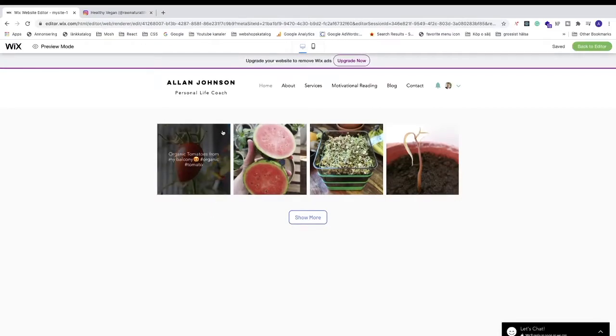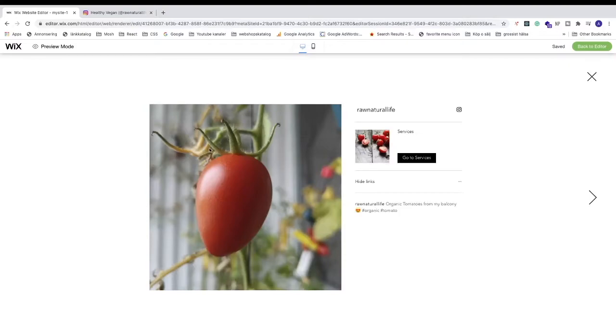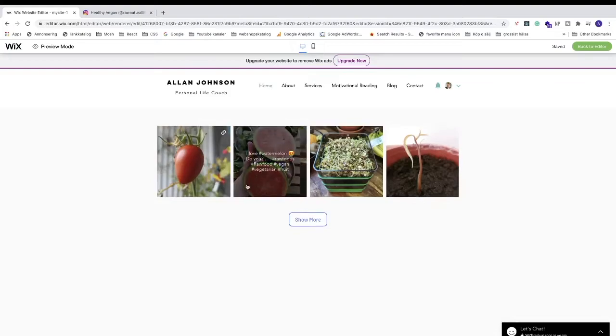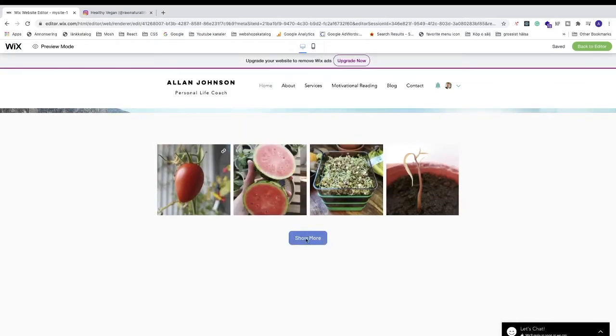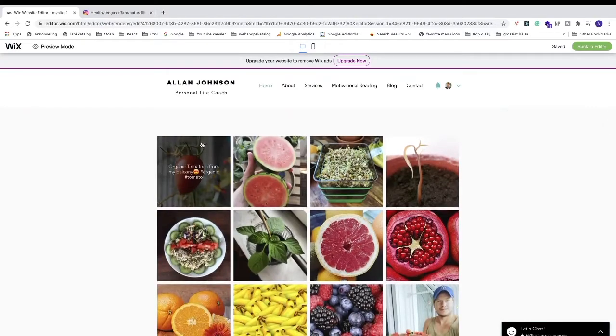Now we can see that we have this link icon in the top right corner of this image. If I click on the image, you will see that we have this link that we just created. We have the image, we have the description, and we have the button. So this link will only work on your live site. So when you publish your site and it's live, your link button will work. And if I click on show more, this will load more images. Okay, and if I go back,